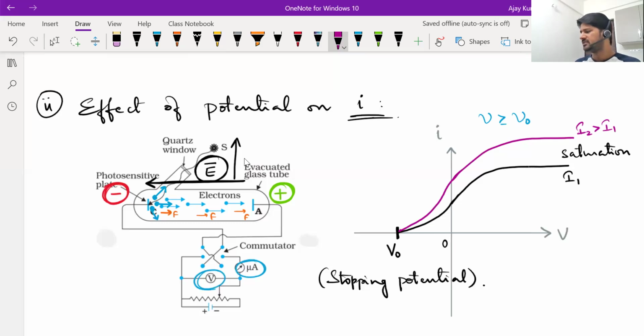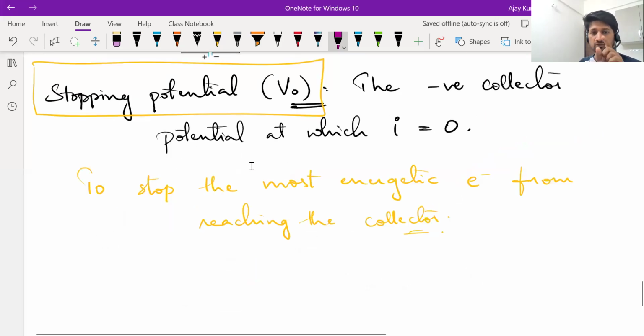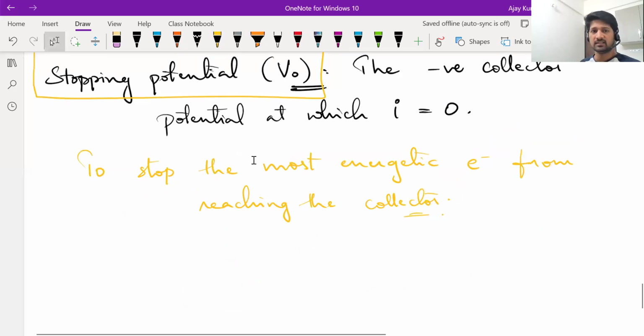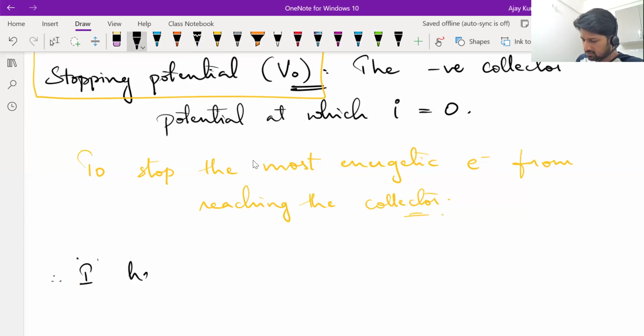Okay, what does this help us understand, or what can we conclude based on this? If you are increasing intensity, the number of electrons emitted is increasing, but the energy with which each electron comes out is not increasing. The stopping potential remained the same. Means what? The potential required to stop the most energetic electron is still the same. Means the electrons are still coming out with the same amount of energy. So therefore it was concluded that intensity has nothing to do with the energy of electrons.